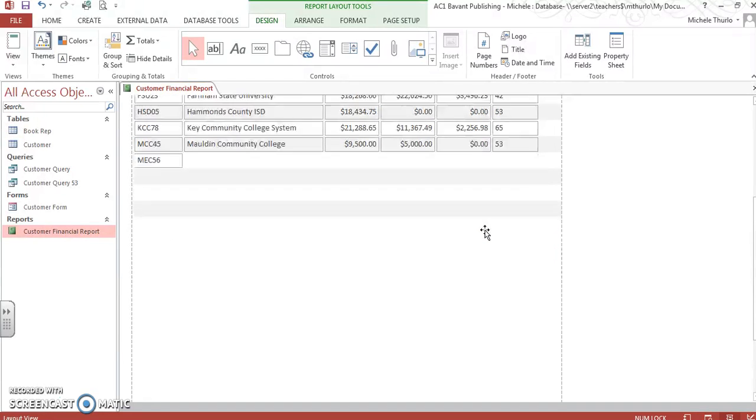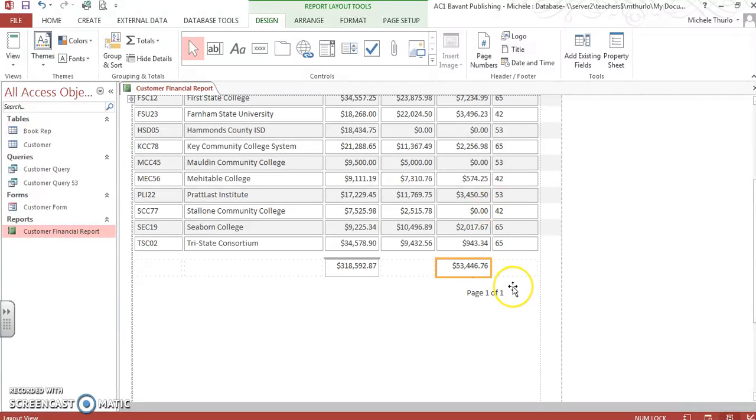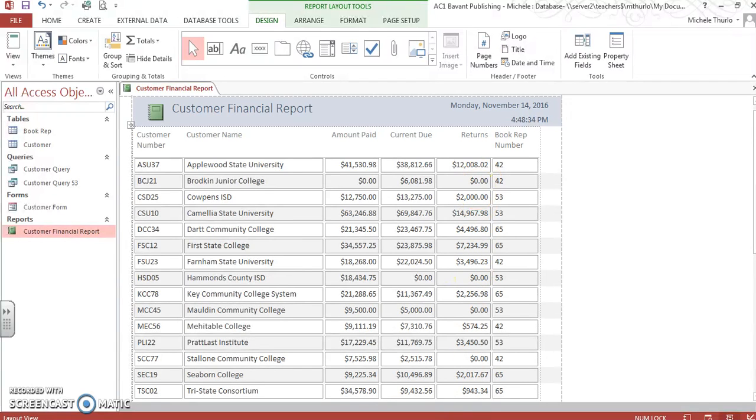Now when I did the current due, it also gave me the total for the returns, which is good because we wanted the total, sorry,